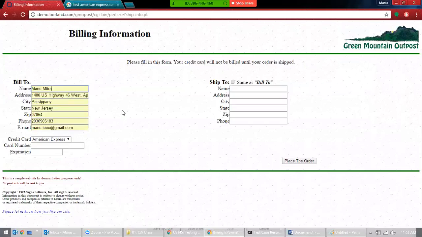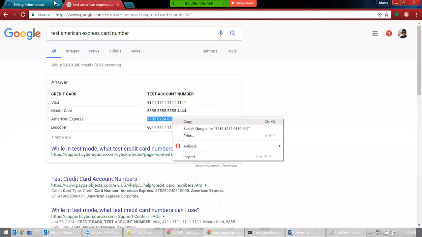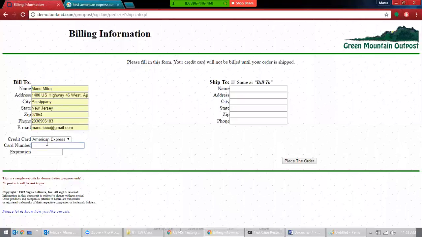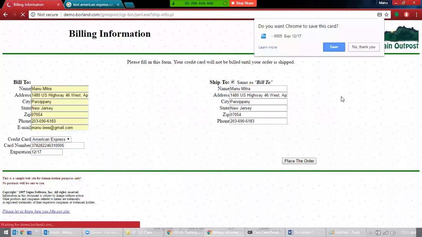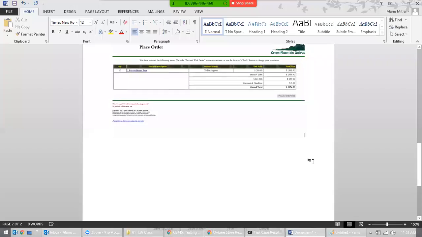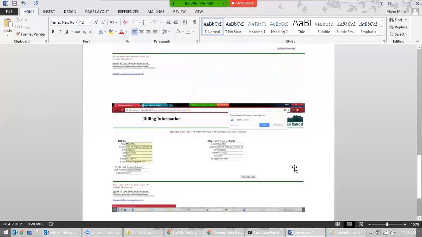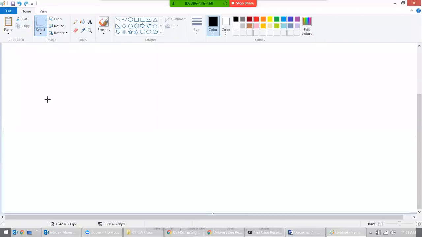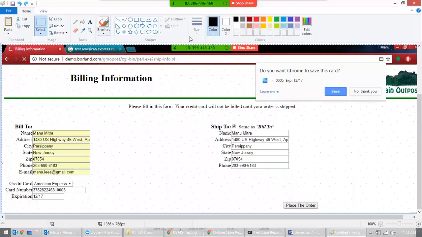Okay, so we are running out of time, so I'll not go into detail. Screenshot. Never miss the screenshot, because that is the one that will be saving your job. So if you miss the screenshot,